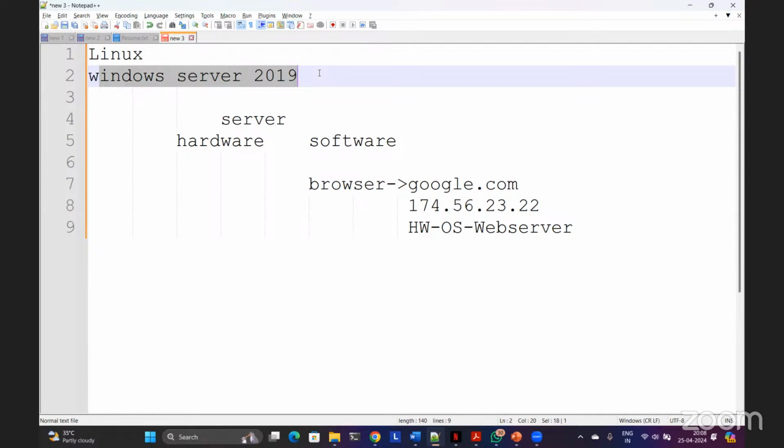So it's a very delicate activity to update the servers. Secondly, you just cannot run Windows Server non-stop. Non-stop means for a longer duration, let's say for 6 months or 1 year or 2 years, it's not possible. You have to reboot it. And recommended is once in a month.